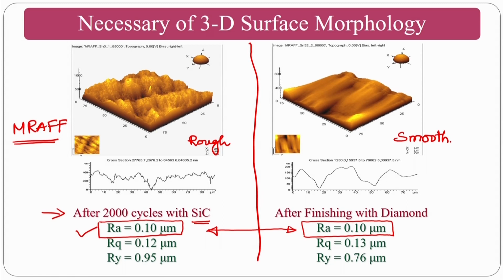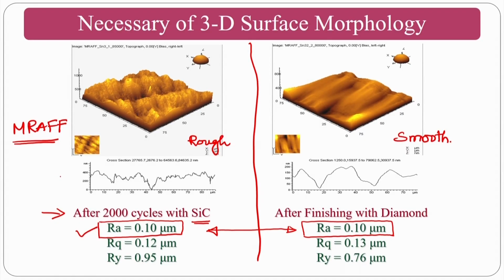Now you can understand, if you are not going to get the 3D profiles or 3D surfaces, then you would have thought, assume that you would have taken only the digital value. If you would have taken only a 2-dimensional profile, this is a 2D profile, you may be misled. If you take a 2D profile, this profile is a bit rough compared to this profile, these 2D profiles, you may be misled and assume that you are going to choose the rougher one. The life of this component will be much less or slightly less compared to the other component which is smooth compared to this surface.